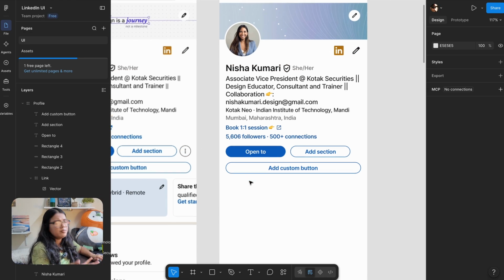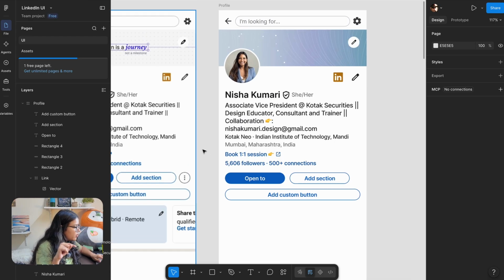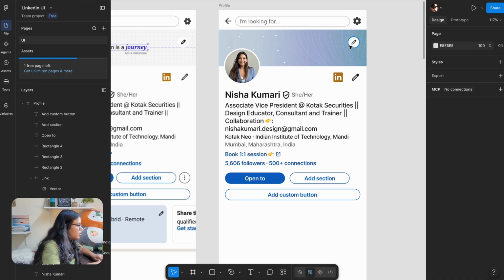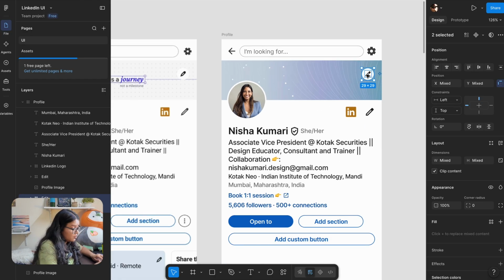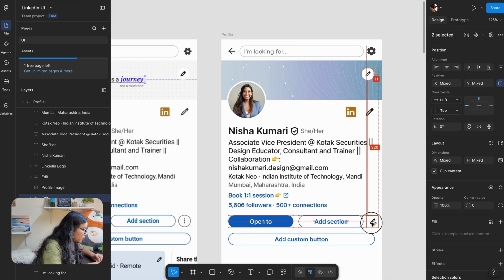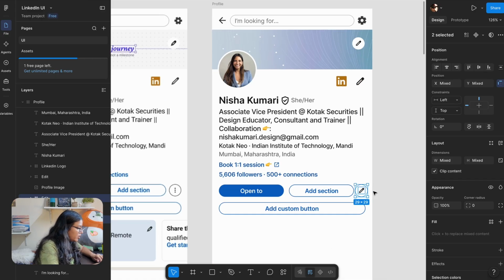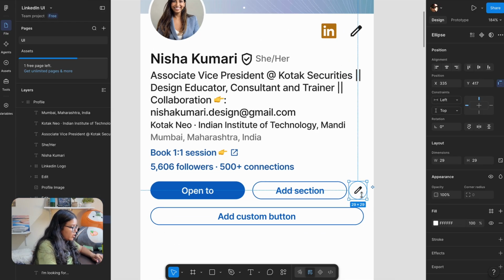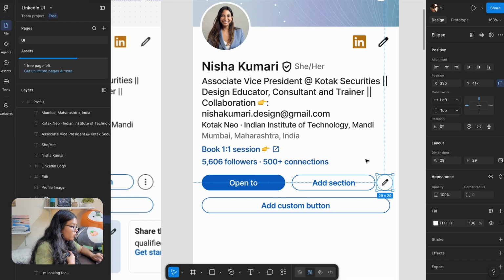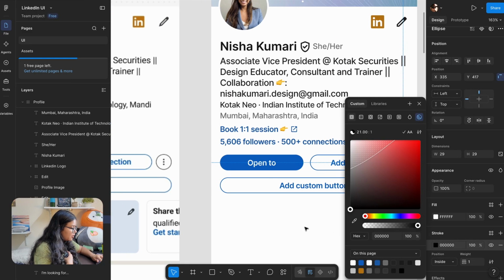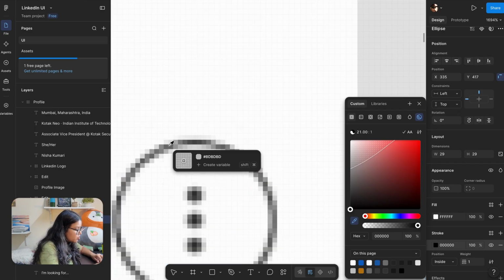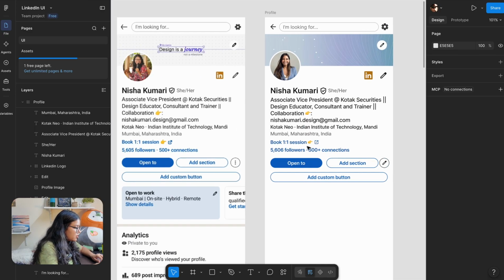And the last thing that we have to do is this icon, which is an icon button. For that I need a circle. I think this is very similar to what we have here except for a few things. So I'm going to take both, click and drag with the Alt or Option key pressed on your keyboard, and this will duplicate. So this is duplicated. The background behind, which we can't see right now but we know is there, we have to give a stroke, which is black in color. I'm going to change it with the eyedropper tool, zoom, pick the color. This is how it is happening.